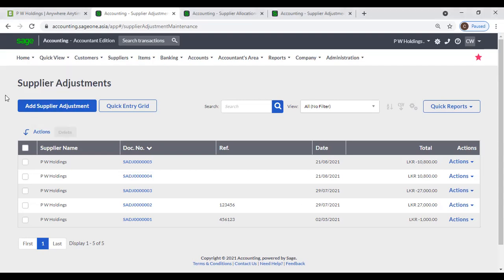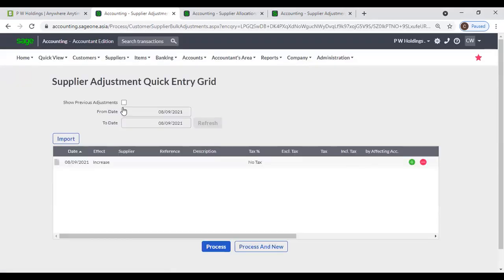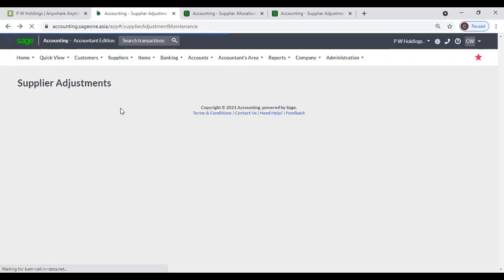Okay, you can enter supplier adjustment from this supplier adjustment. Assume sometimes after an audit, you need to enter supplier adjustments for several suppliers. In that case, if you select this add supplier adjustment, you need to enter that transaction several times. Therefore, you can use this quick entry grid if you have more than one supplier transaction. If you want to enter several supplier adjustments, you can use this quick entry grid,